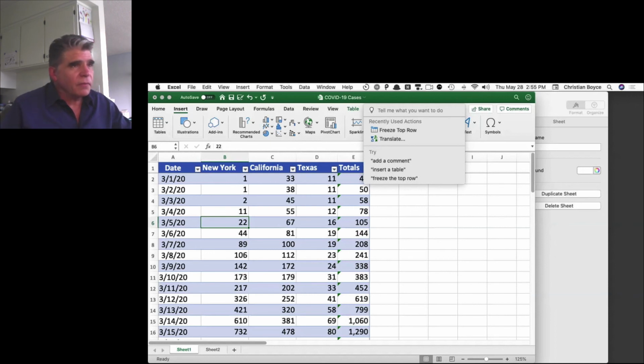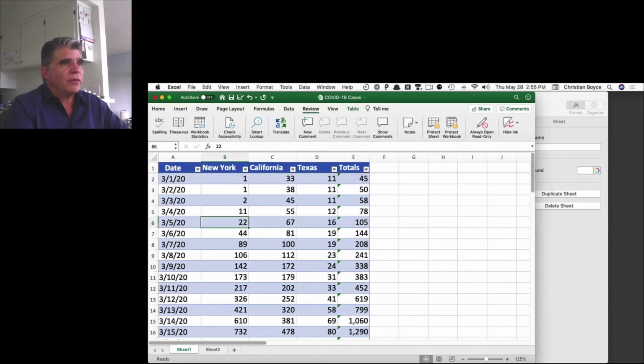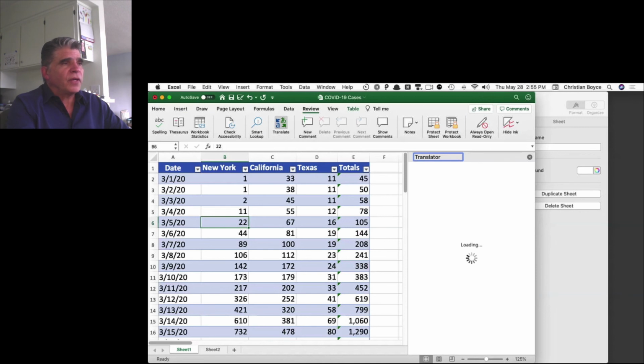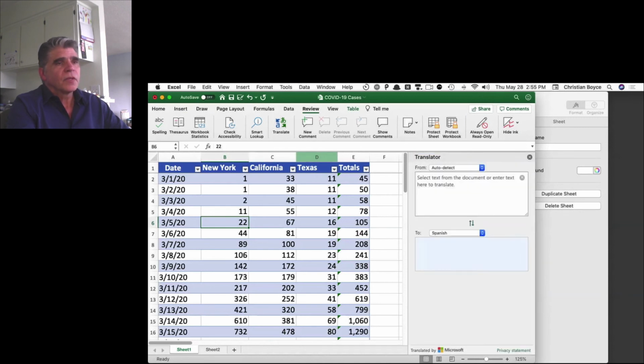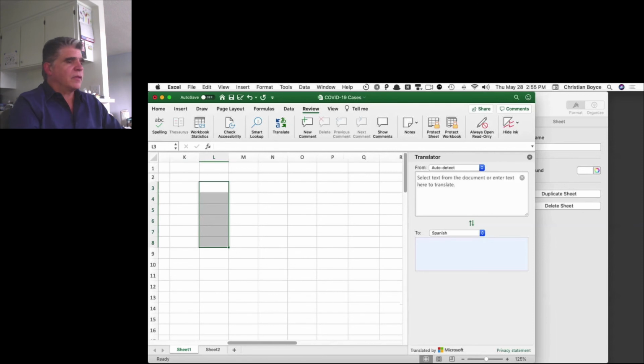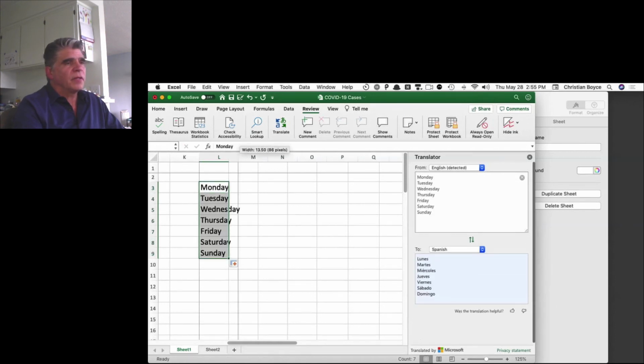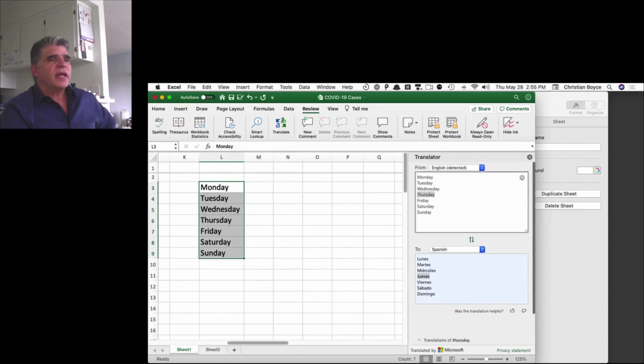Would you believe they have a feature in here that translates? Why would we have translate? Well, I don't know, but here it is. So if I go to translate, I can select text here. Remember we had, I'll put in our Monday, and I'm going to do our fill down thing. So we have some text. Okay, so here's Monday through Sunday, and I'll make this wider. Okay, so I've got this text, and the translator has told me that this is how you would do it